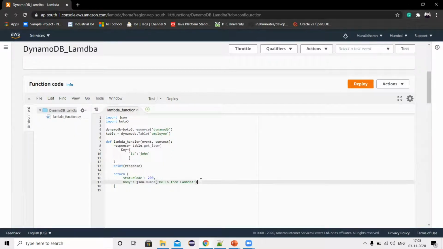Again, I am passing the response as the body. So pretty much we have completed the code to get the data. I'm going to deploy this code and we will test it here.